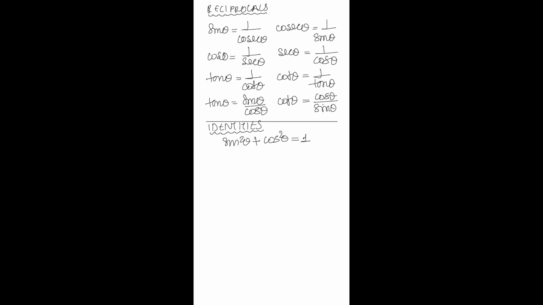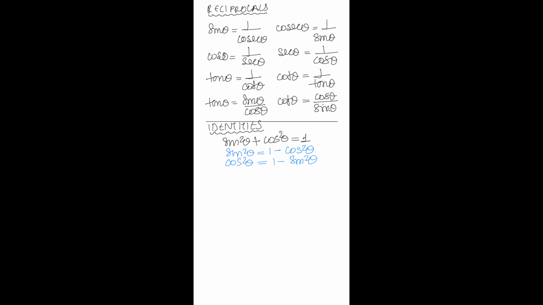Now I was telling you that there are two derived forms also. You know what these derived forms are? You simply take cos square theta on the right hand side. What would it turn into? Sine square theta is equal to 1 minus cos square theta. So if you take plus cos square theta on the right hand side, 1 minus cos square theta. Now we have cos square theta is equal to 1 minus sine square theta.